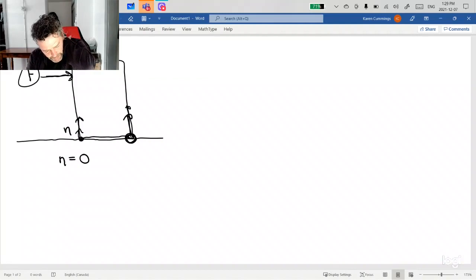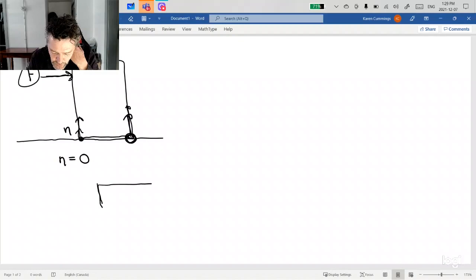Anyway, so I hope that that's okay. And in the end, you discover something kind of interesting. Suppose that mu s is equal to 1. So it's a pretty high friction floor. Then